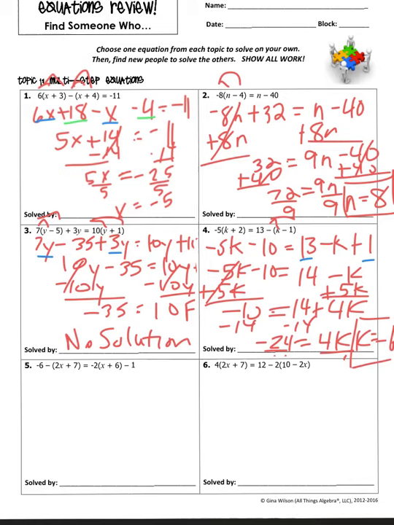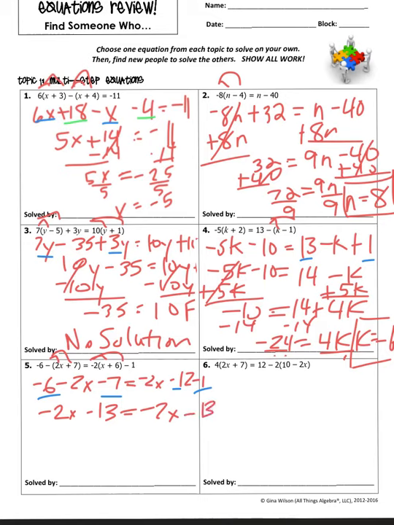All right, number 5. Distribute the negative 2. So we get negative 6 minus 2x minus 7 equals negative 2x minus 12 minus 1. Combine like terms. Negative 6 and negative 7 is negative 13, so negative 2x minus 13 equals negative 2x minus 13,